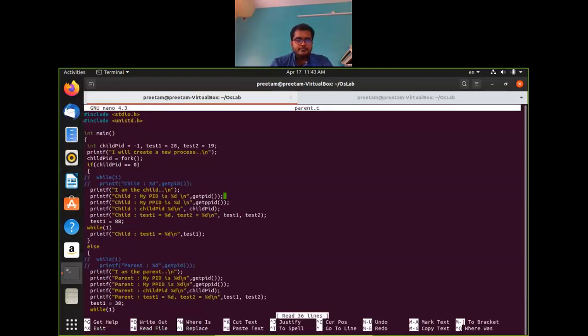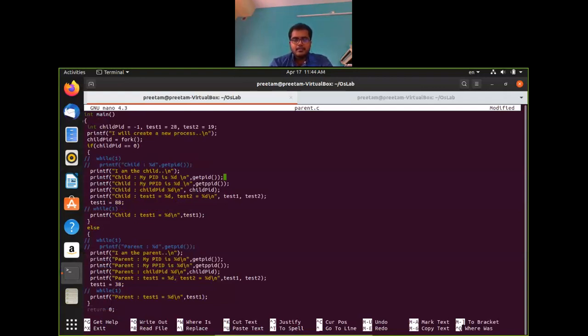Okay, so why I have done this now, let us comment this different infinite loop first. Okay, so now what I will do now, I will print the memory addresses of this test1 and test2. Okay, so the memory address of these two variables, and we'll try to see whether they are different or not. Okay, because it is now proven that they are coming from different memory location.